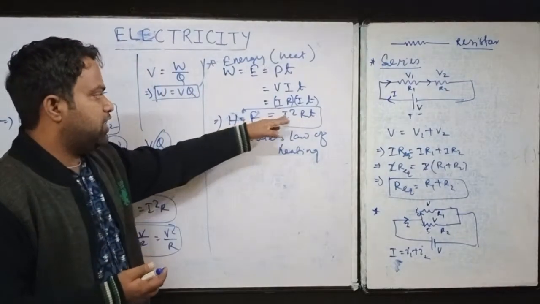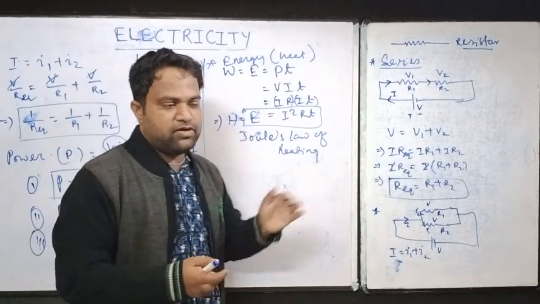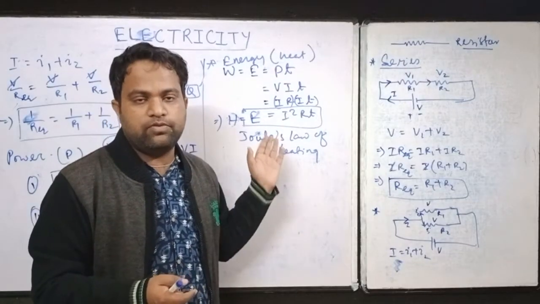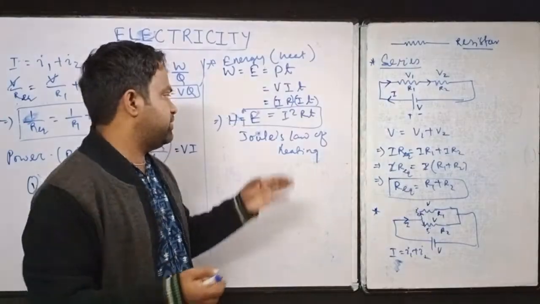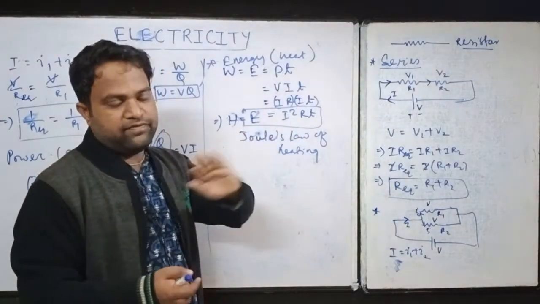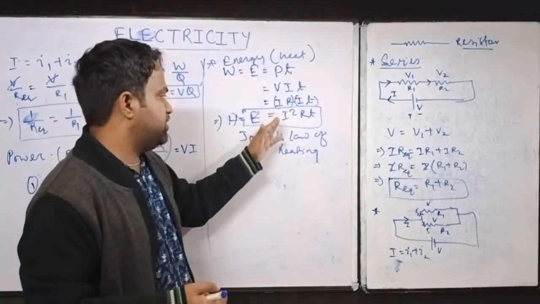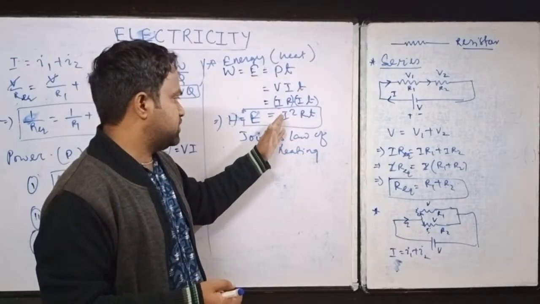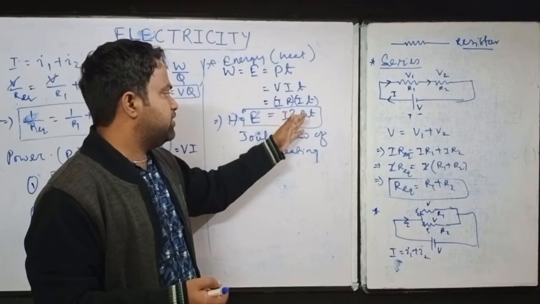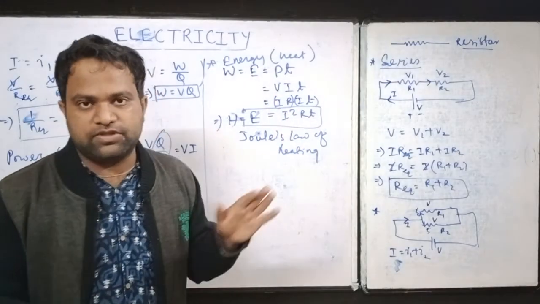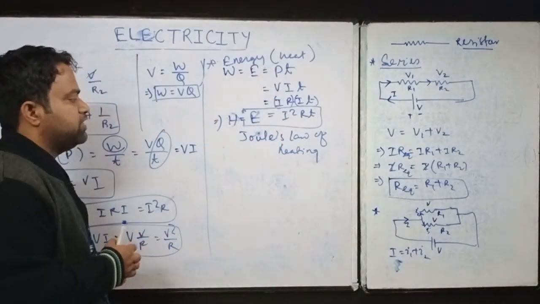And we generally do not play with I, because if a very high amount of current flows in any apparatus, it may damage it, so it may create problems. So whatever current is flowing in the circuit, we generally do not increase or decrease it. What we do is we play with the resistance R, and we get different amounts of